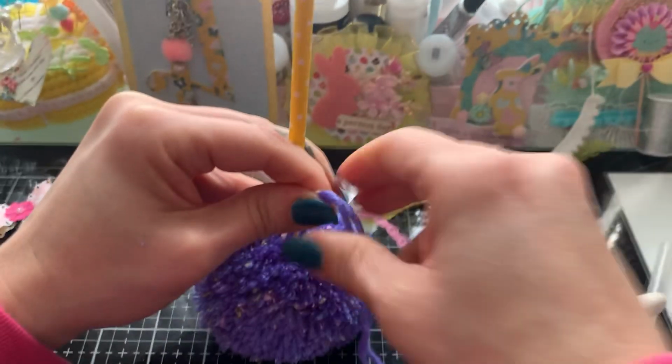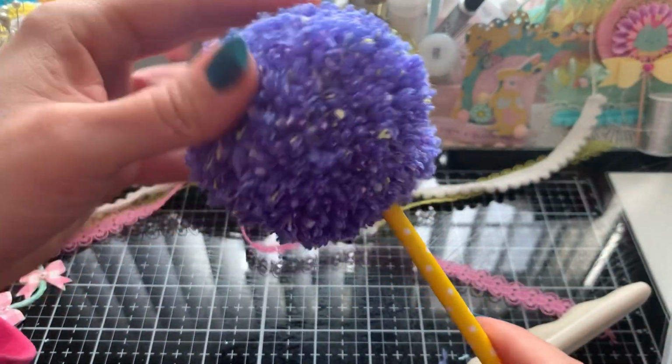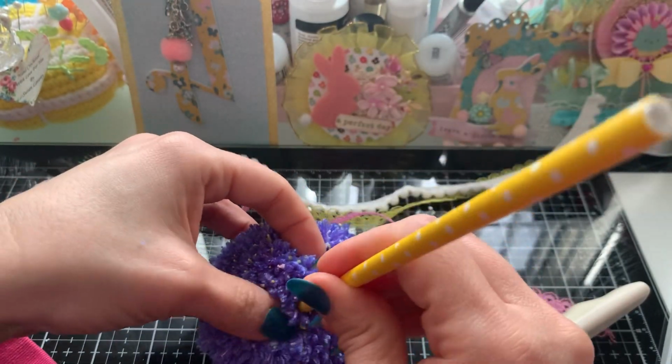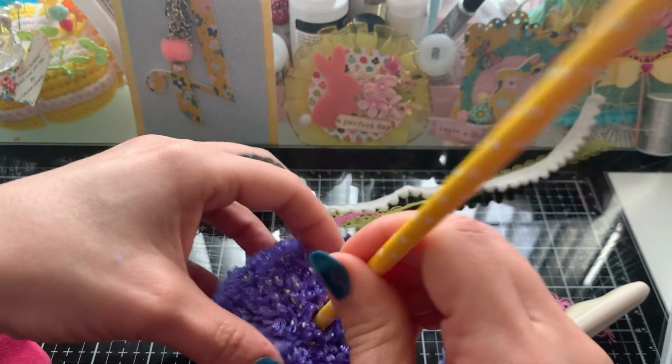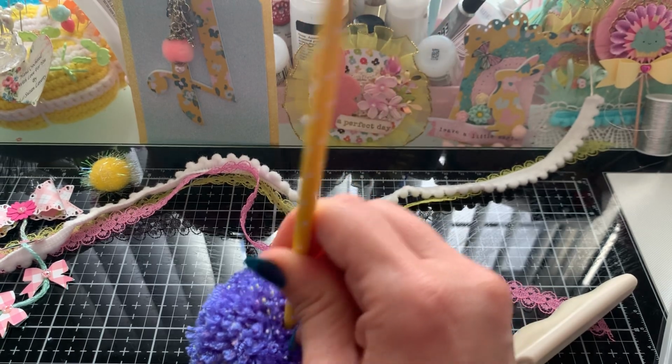Okay, those are off. Okay, so make sure it's all the way down. Okay, and then I